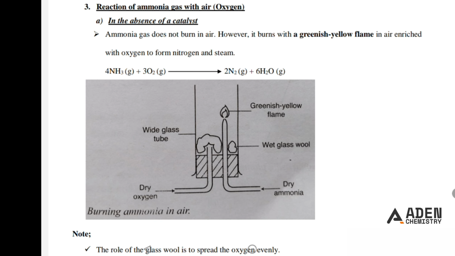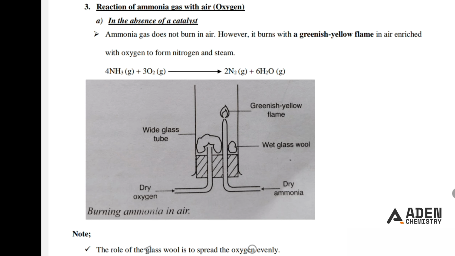So part A we are going to do in the absence of a catalyst. That means we want to see the reaction of ammonia gas with air in the absence of a catalyst. So we're saying ammonia gas does not burn in air. However, it burns with a greenish yellow flame in air enriched with oxygen to form nitrogen and steam. So the equation for that reaction will be 4 moles of ammonia gas reacting with 3 moles of oxygen gas. What we are going to get is 2 moles of nitrogen gas plus 6 moles of steam, which is also